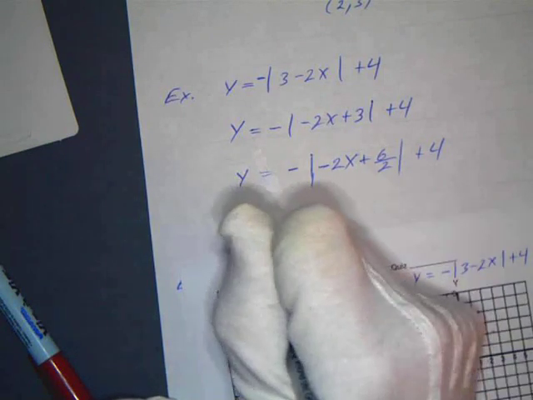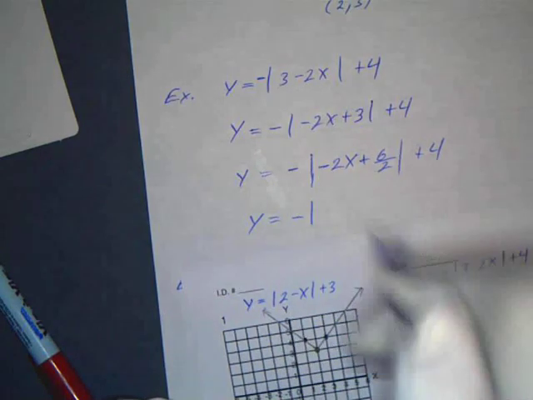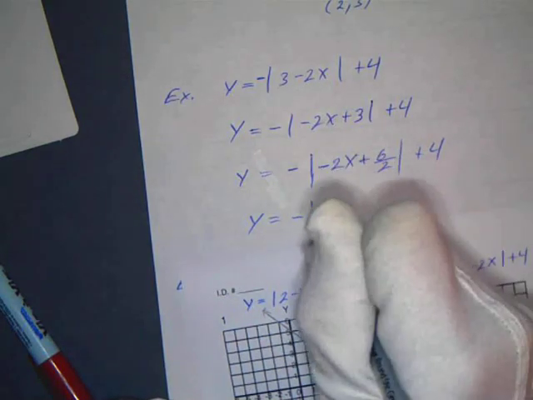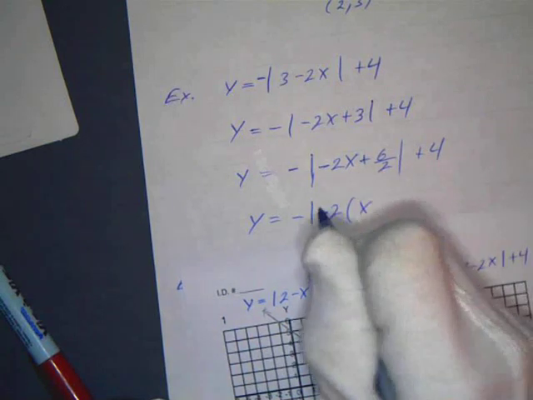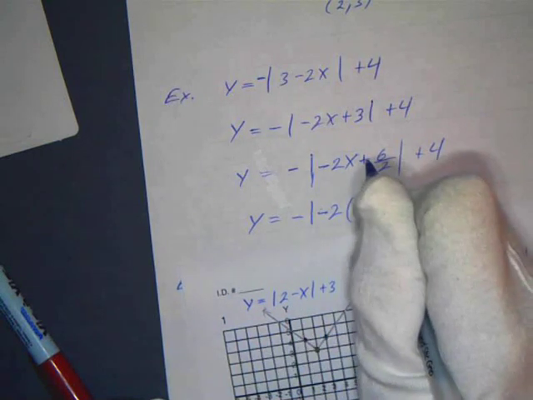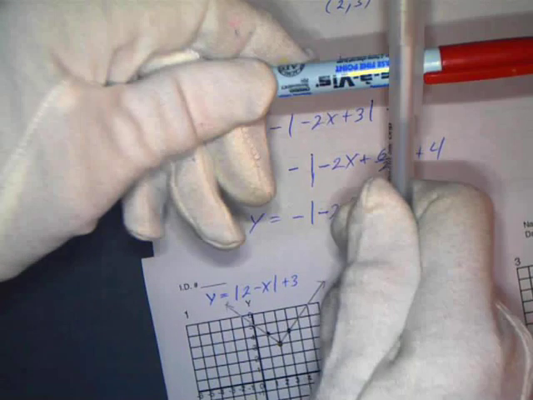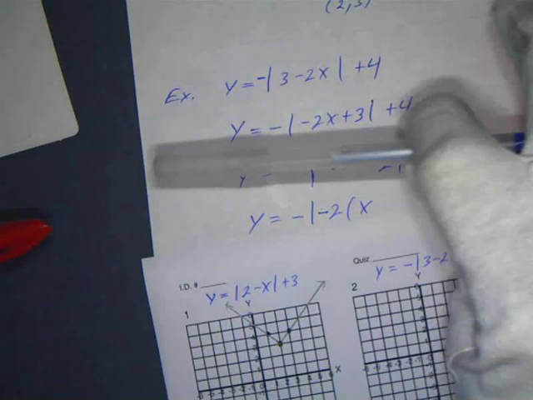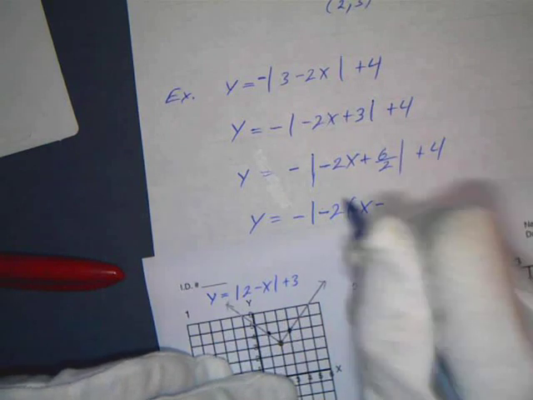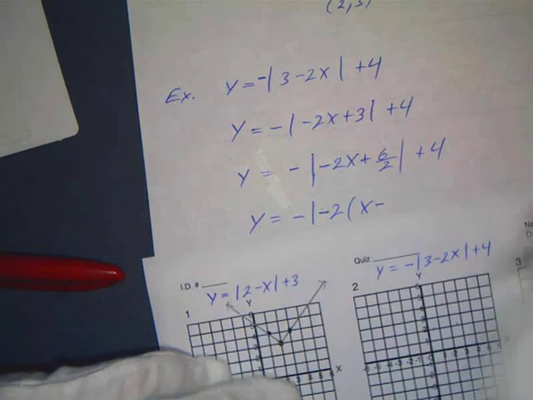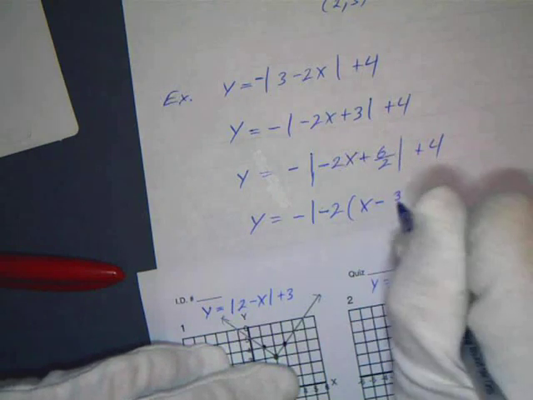So now I can rewrite this as y equals negative the absolute value, and then I'm going to take the -2 and factor that out, so I just have a 1 in front of the x. So I got x. Now if I take out a negative, that becomes a negative out of a positive. You can think of it like if I have a positive like this and I take a negative out, there's just a negative left, you see. Negative. And if I divide 2 into 6, I get 3. So 3 over 2,